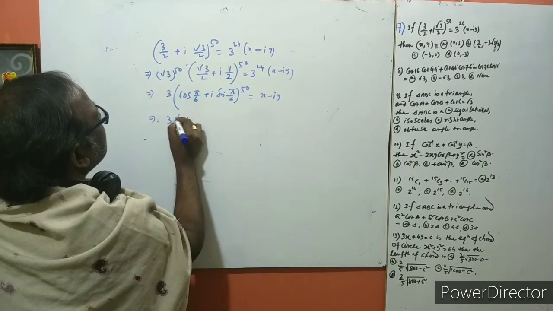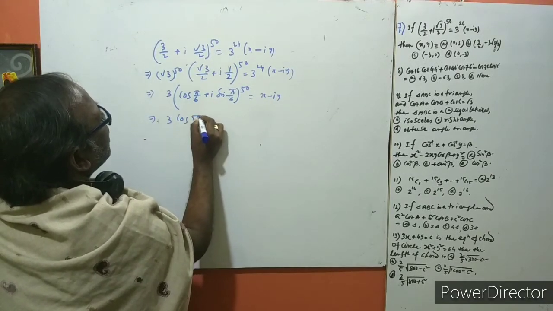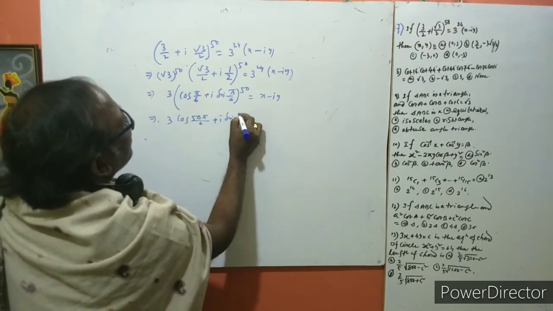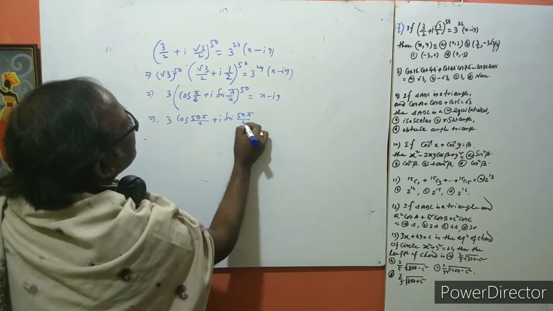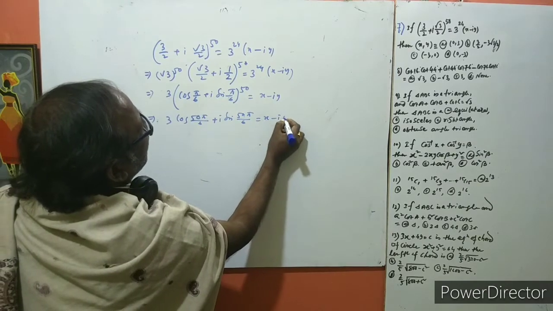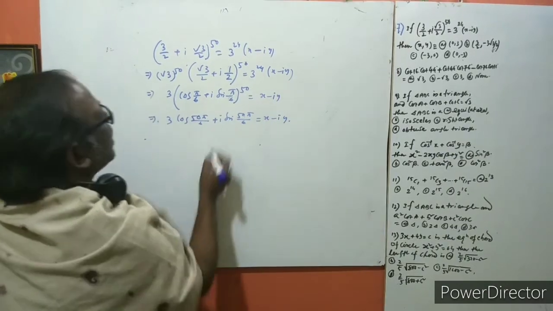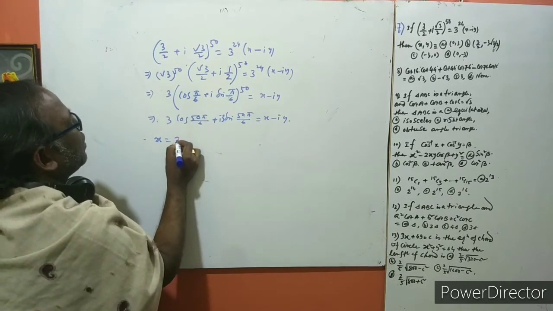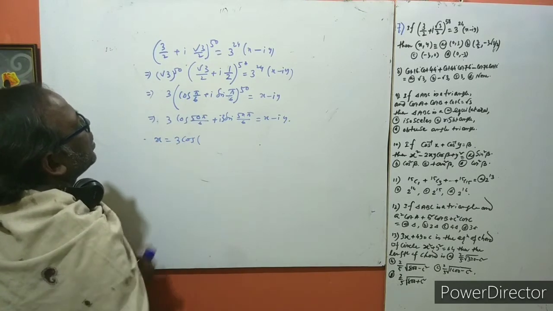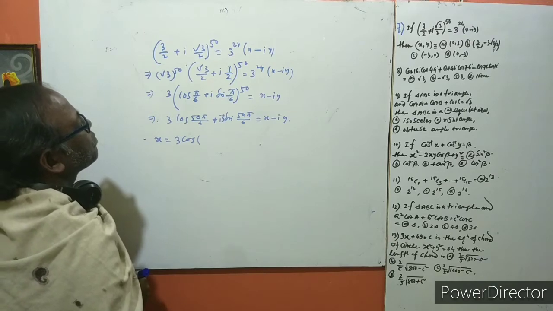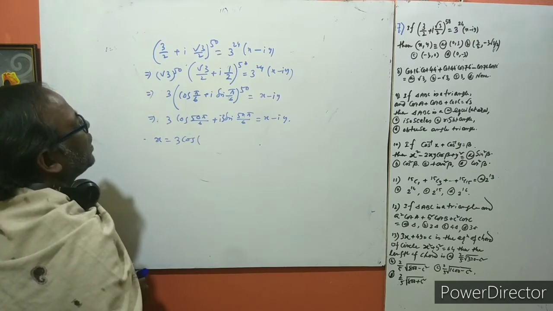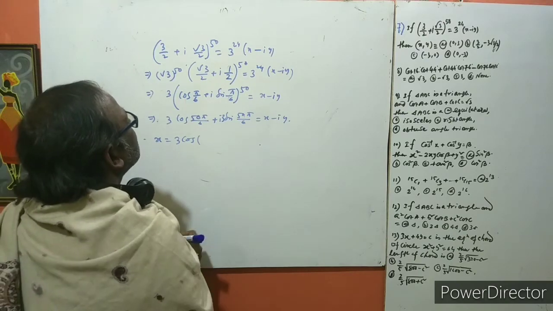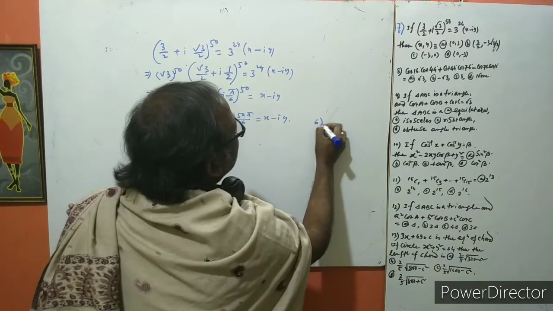If we multiply the angle here, this is the rule here, this is 50 into pi by 6, plus i into sine 50 into pi by 6, is equal to x minus iy by 3. So now 3 can also be multiplied here, okay. So you can easily say x is equal to 3 cos 50 pi by 6, and 50 can be arranged.